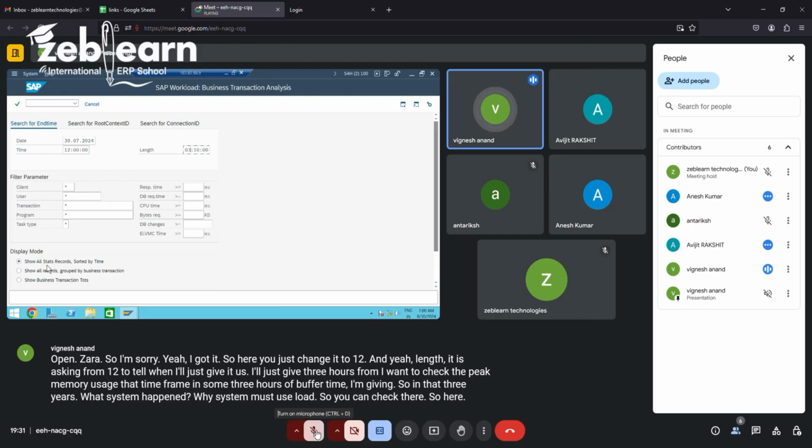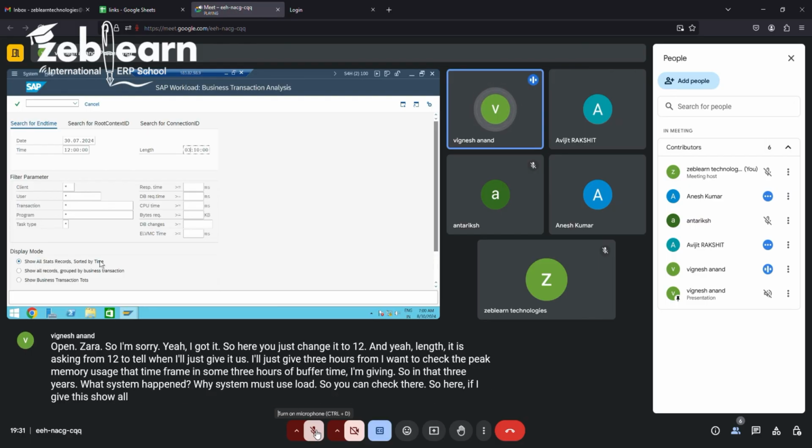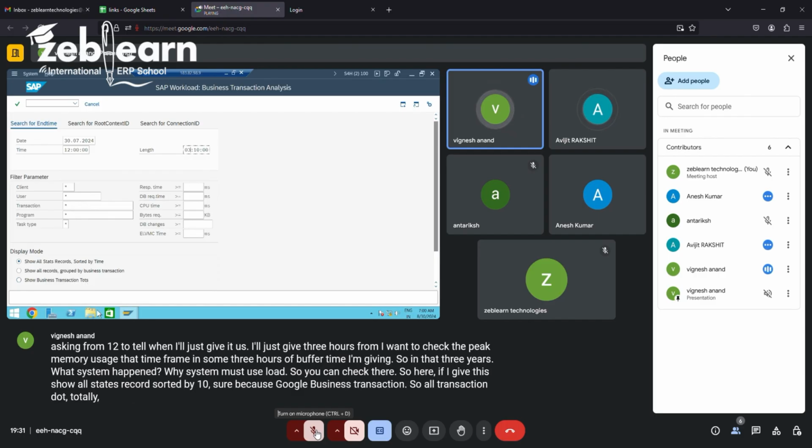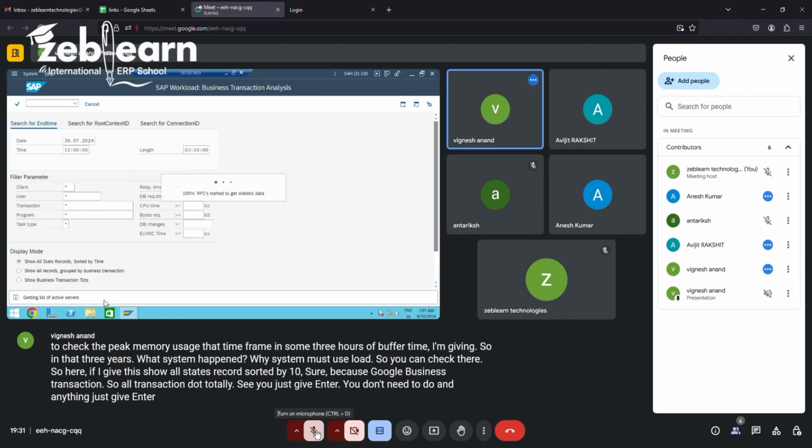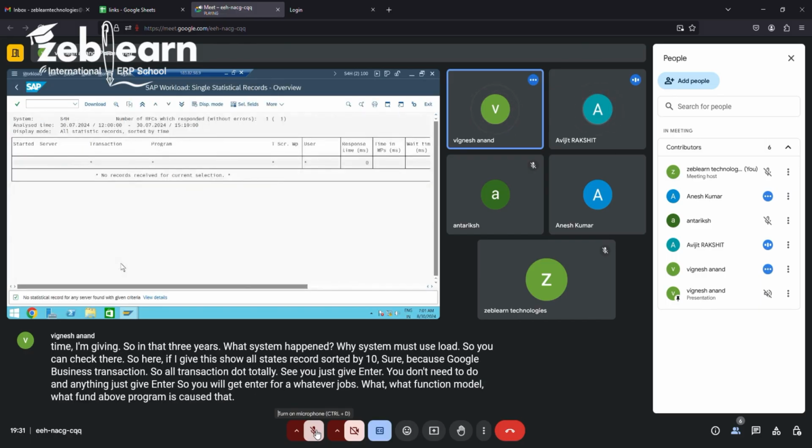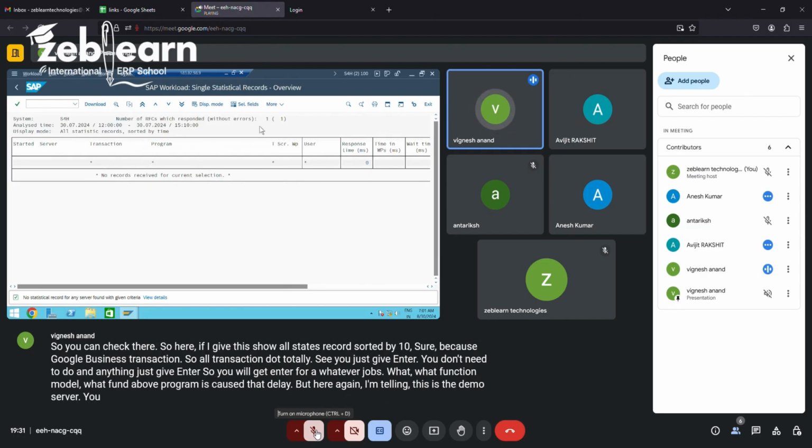So here, see: show all stage records sorted by time, show all records grouped by business transaction, show all transactions totally. You just give enter, you don't need to do anything else. So you will get the entire list of jobs, which function module and which ABAP program caused that delay. But again I'm telling you, this is the demo server, so you have nothing here. But in reality, if you see,